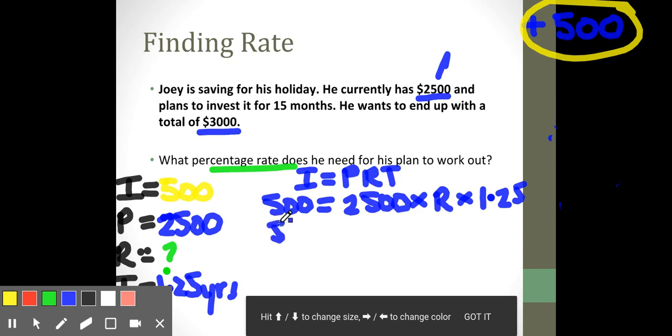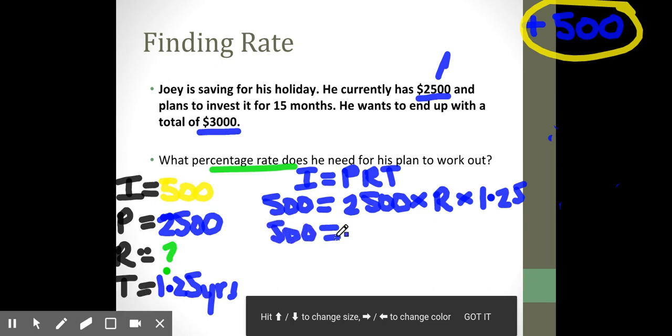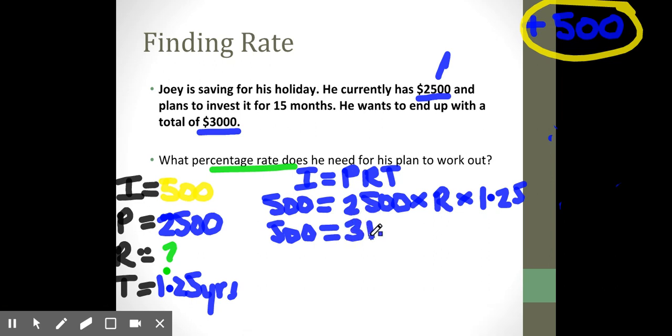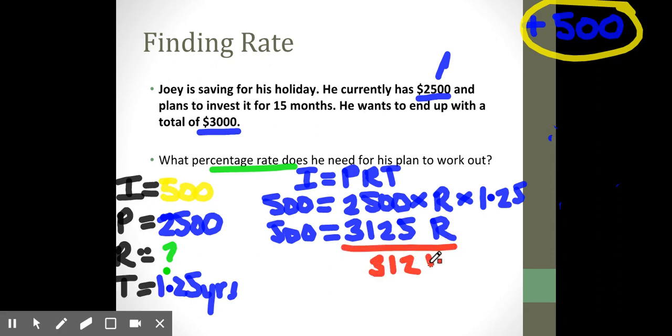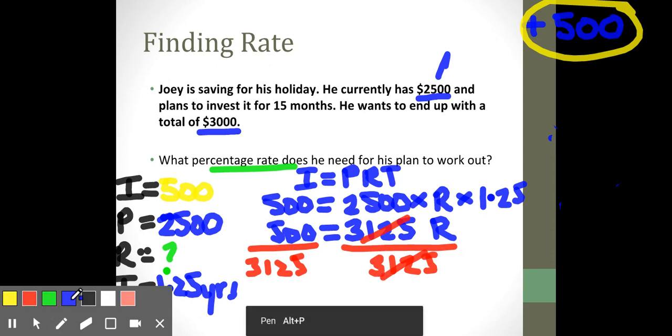So 500 is equal to 2,500 times 1.25, which is 3,125 times rate. We want rate on its own, so we're going to divide by 3,125. That will cancel with that. That will leave us with